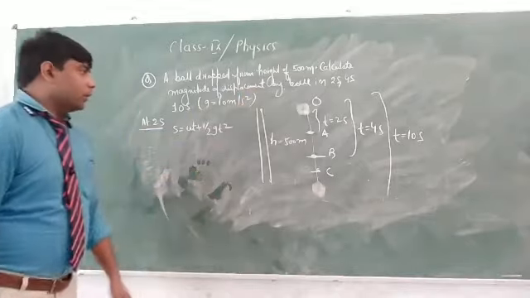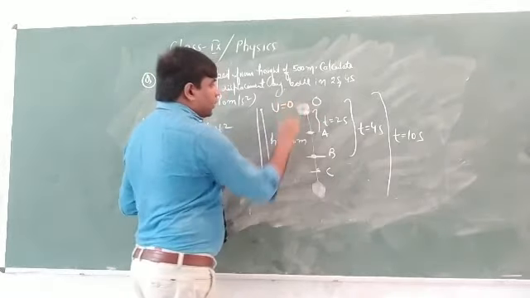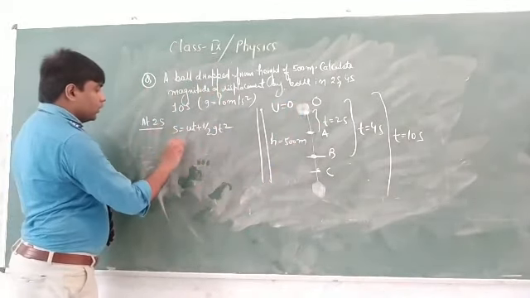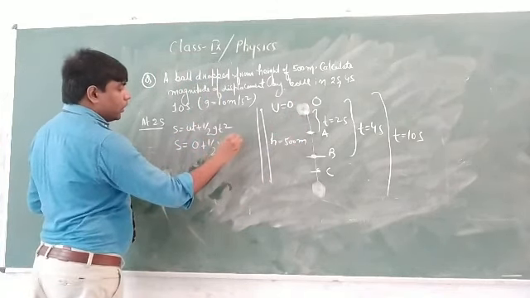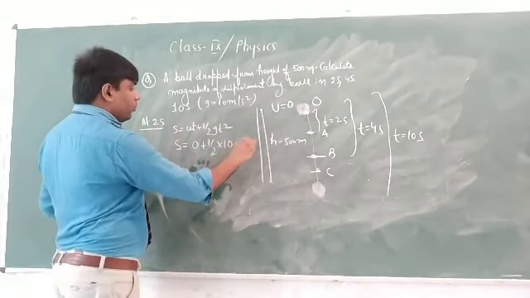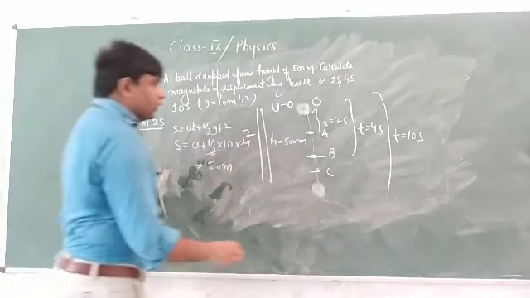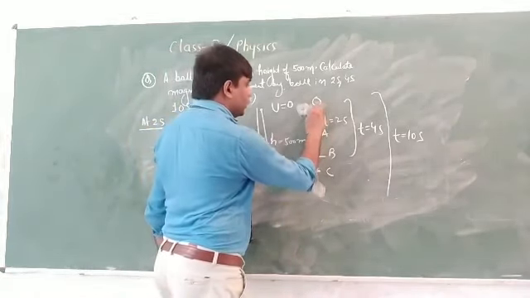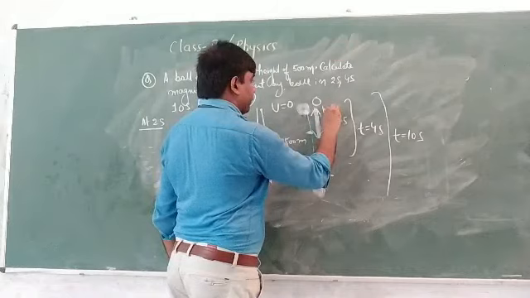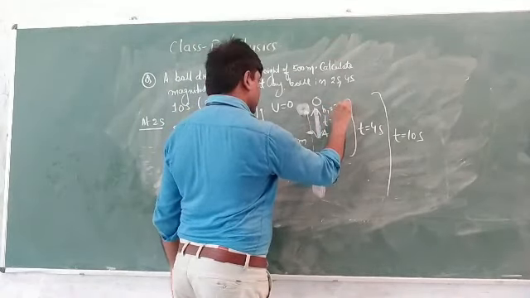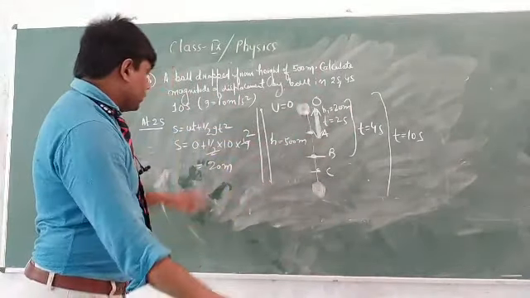Here given g equal to 10 meters per second squared. So when it is dropped, u equals 0. So at 2 seconds, s equals 0 plus half into 10 into the time squared, which is 2 squared, that is 4. So it will be 20 meters, which means after 2 seconds it will be 20 meters from the top position.